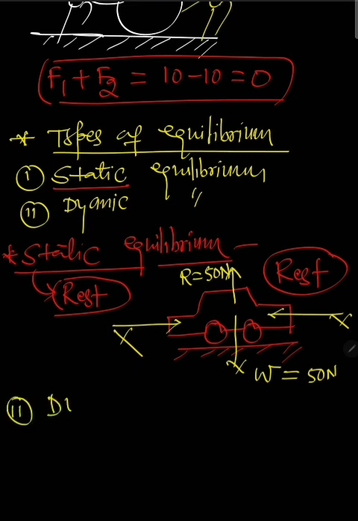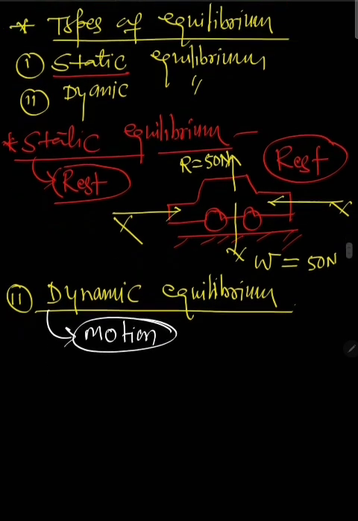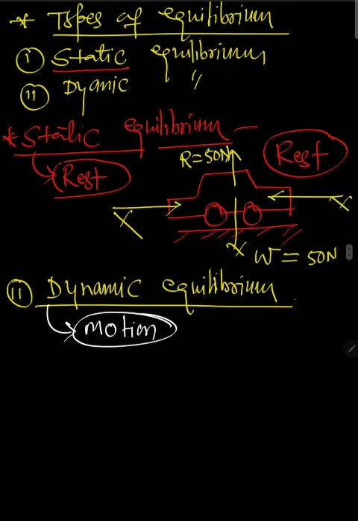Our second one is what? Dynamic equilibrium. So dynamic means what? When the body is in मोशन। ओके, मतलब कोई भी ऑब्जेक्ट जब मोशन में होगा तो उस टाइम में उस पर जितना भी फोर्स लग रहा है, ठीक है, उस फोर्स का जो नेट इफेक्ट होगा वो क्या होगा? जीरो। ठीक है, मतलब बॉडी में कोई भी अनबैलेंस फोर्स नहीं लग रहा है।